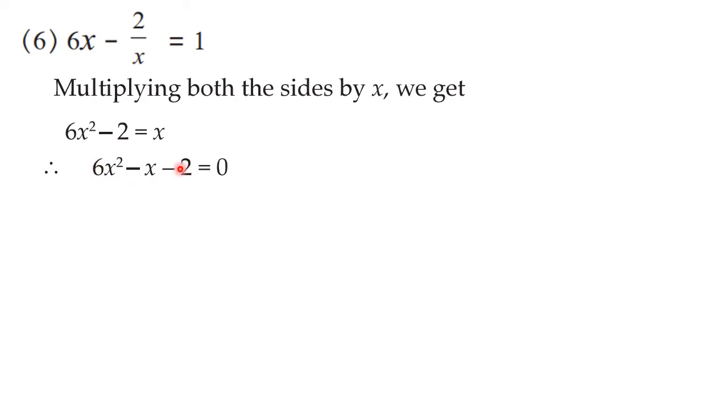6 into minus 2 is minus 12. That is the multiplication of the coefficient of the first term and the last term. So you have to find two numbers whose multiplication is 12 and difference is 1. Here no coefficient is seen, which means 1 is present there. Also, the middle term is negative, which means the bigger number has the negative sign. Two numbers whose multiplication is 12 and difference is 1 are 4 and 3. 4 3s are 12. To be more precise, it is minus 4 and plus 3.